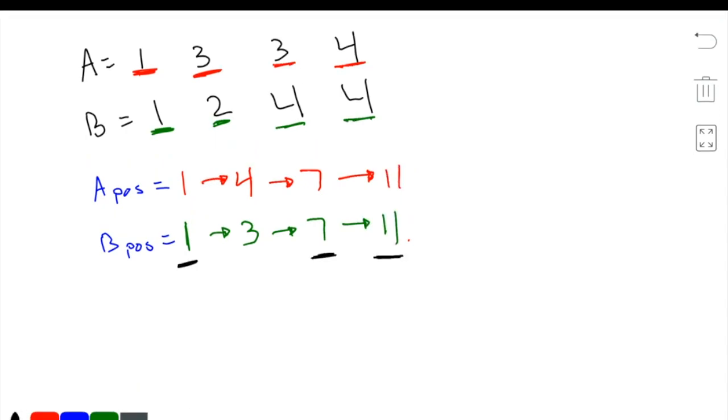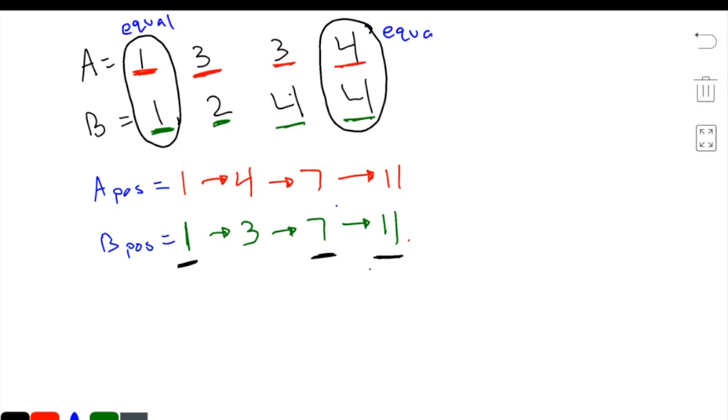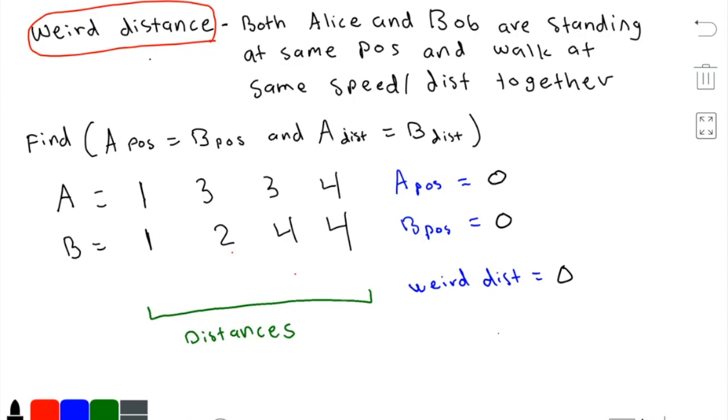We can check this by checking the next distance they will walk. If both distances are equal, then we know they walk together at the same pace for that entire distance, and we can add that distance to our final counter. At the end, we can print out our final counter and move on to the next test case. Now let's go over a simulation with the solution.